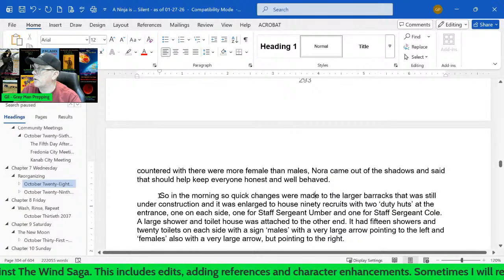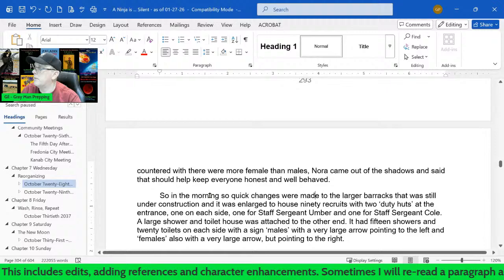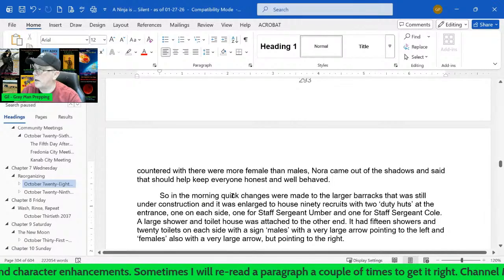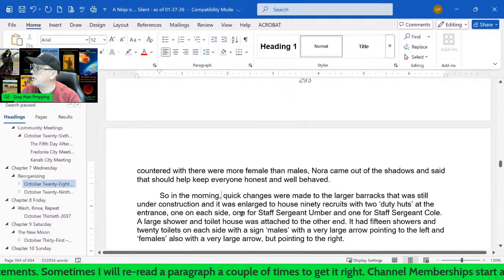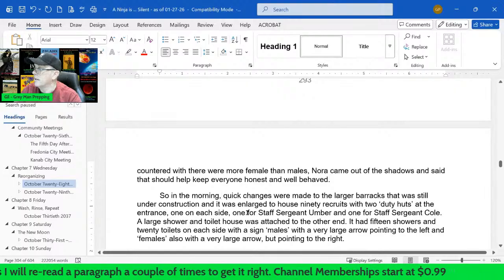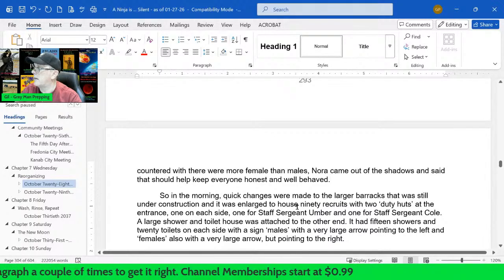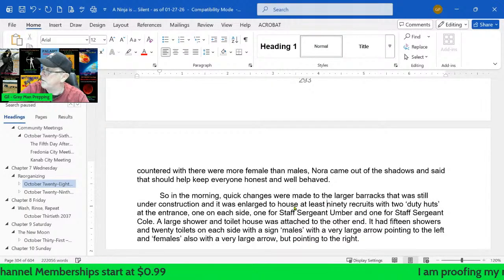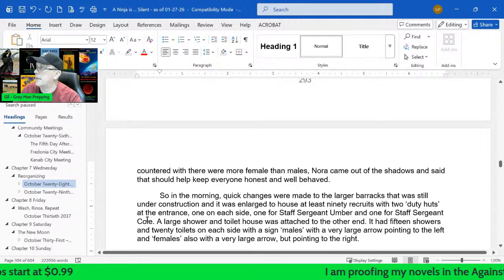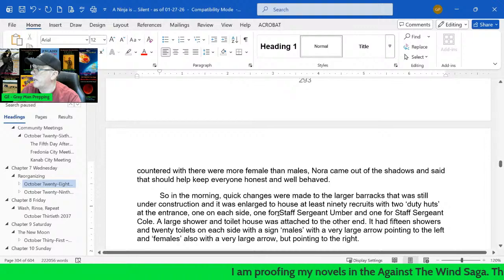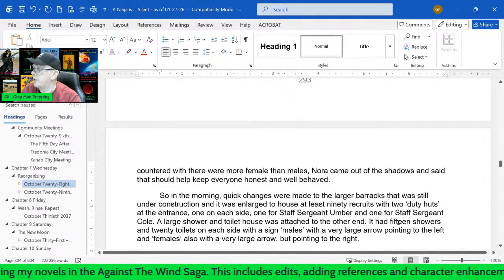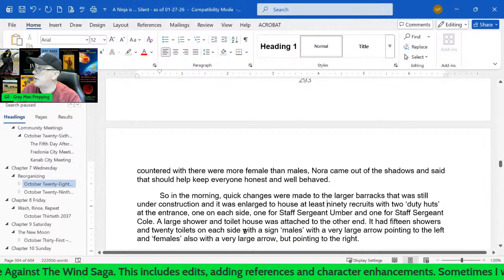In the morning, quick changes were made to the larger barracks that was still under construction. It was enlarged to house at least 90 recruits, with 2 duty huts at the entrance, one on each side, one for Staff Sergeant Umber and one for Staff Sergeant Cole. A large shower and toilet house was attached to the other end and had 15 showers and 20 toilets on each side,